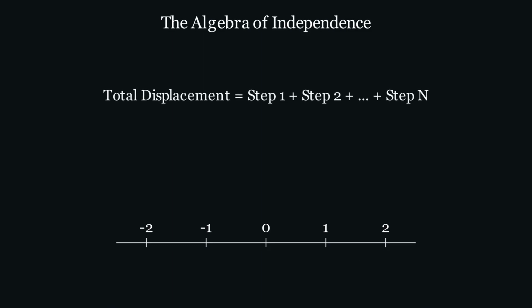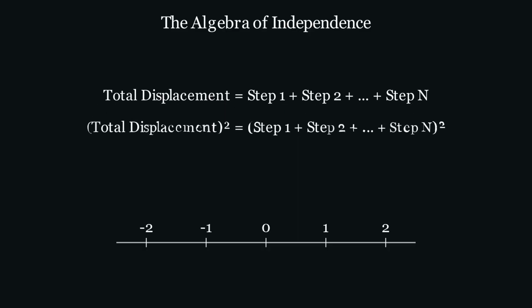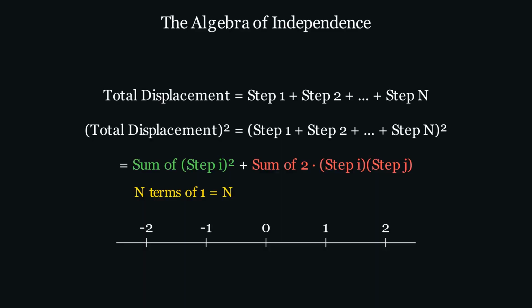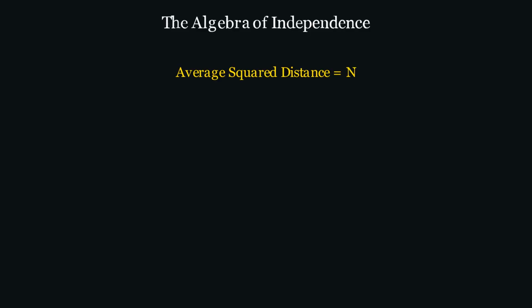For any number of steps, the total displacement is the sum of each individual step. When we square that total sum, basic algebra splits the result into 2 kinds of terms: squared individual steps and cross-product pairs of different steps. Because each step is either +1 or -1, every squared step is always +1. But what about the cross products? Because each future step is completely independent of the past, positive and negative cross terms cancel out perfectly on average. Only the squared steps survive. Since every squared step contributes exactly 1 to the total, taking n steps gives an average square displacement of n.